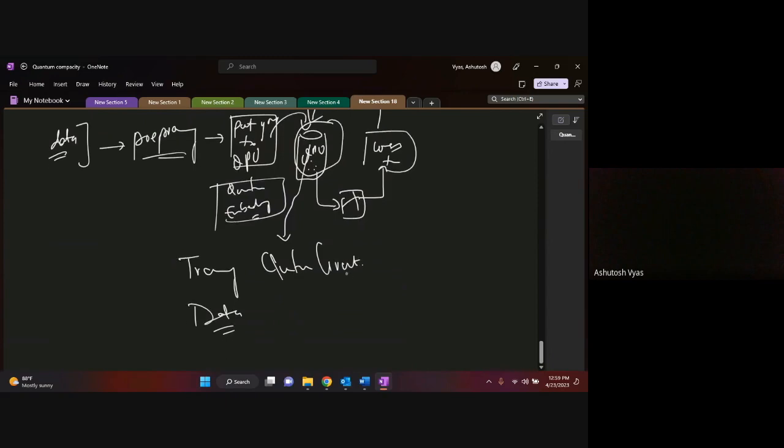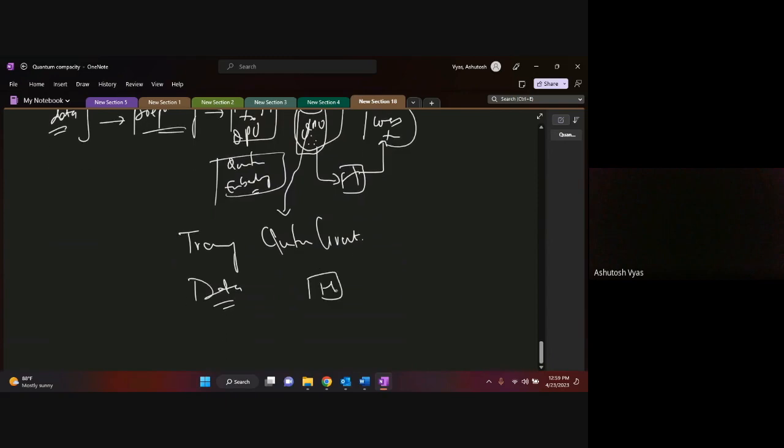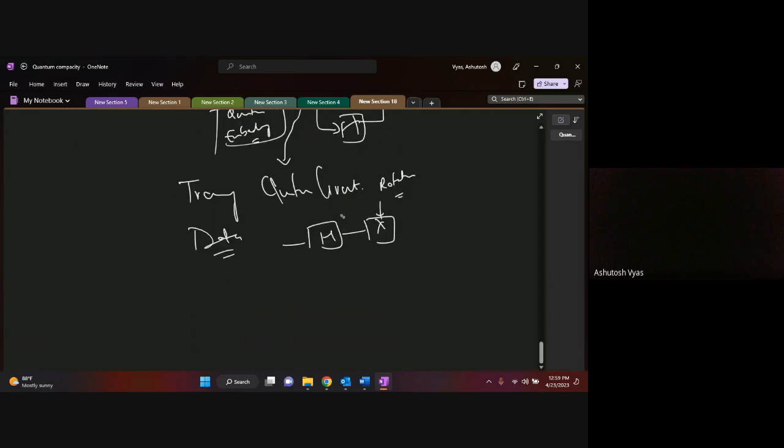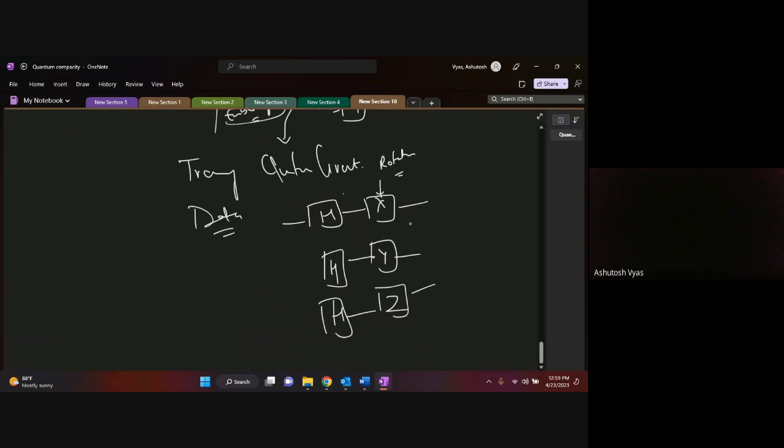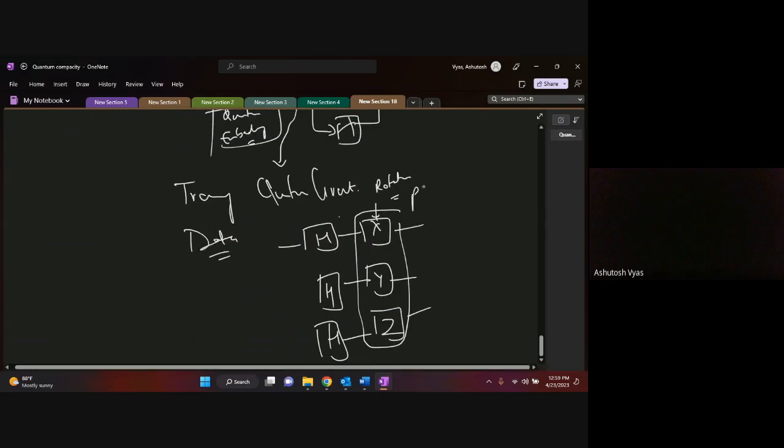So every quantum circuit, as I mentioned, looks something like this. The X gate is basically rotation X, right? How much you want to rotate your qubit in the X direction. Similarly there are parameters like Y, then Z, all these operations which you can perform. There are other types of operations also which you can find in the documentation. So all these operations are basically parameterized.